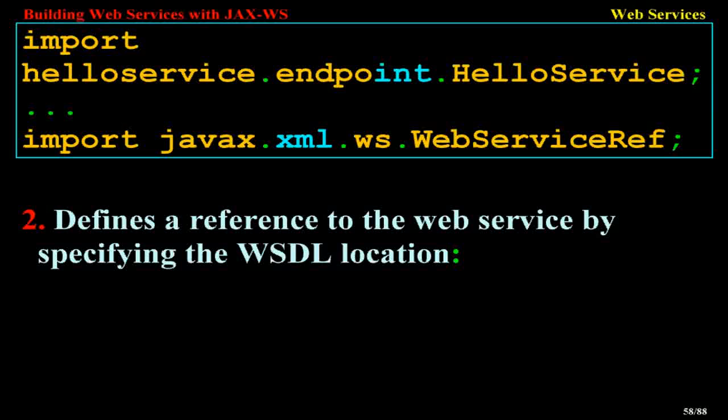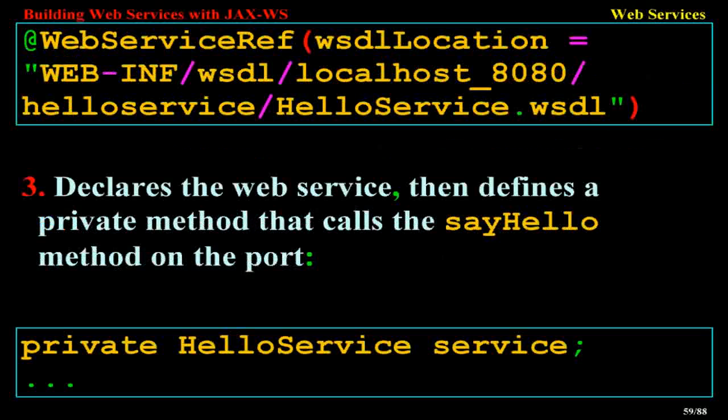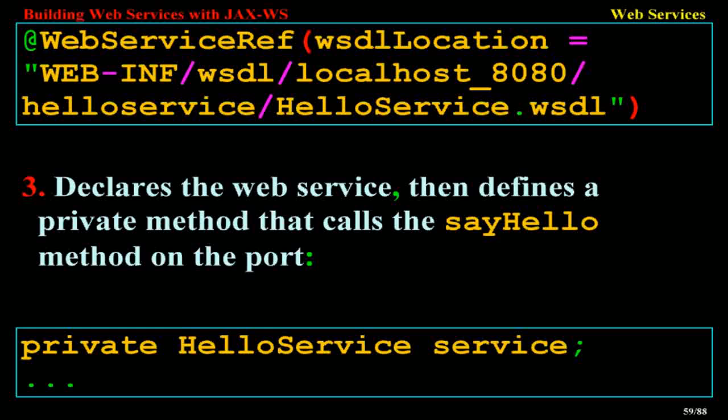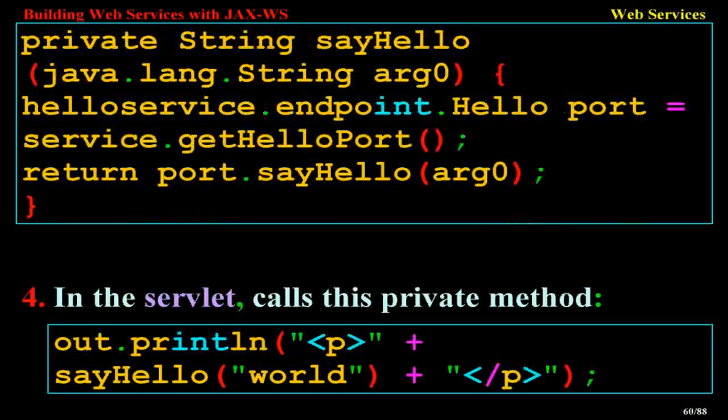Import javax.xml.ws.WebServiceRef. Defines a reference to the web service by specifying the WSDL location: @WebServiceRef(wsdlLocation = "WEB-INF/wsdl/localhost_8080/helloservice/HelloService.wsdl"). Declares the web service, then defines a private method that calls the sayHello method on the port: private HelloService service; private String sayHello(java.lang.String arg0) { helloservice.endpoint.Hello port = service.getHelloPort();